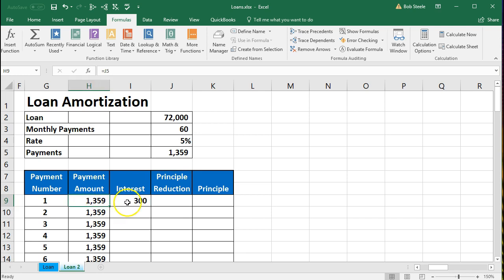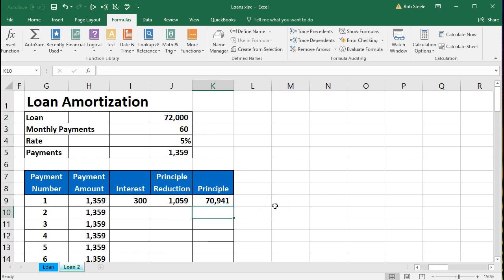If this is our payment and that's the interest, then we can calculate the reduction of principal, which will be the difference between the two. So the difference is going to be this amount right there, minus the interest portion of 300, and the remaining principal will go down by that amount. Then we're going to say, what's the new principal amount after the first payment? The old principal amount was 72,000 minus what it's going to go down by,